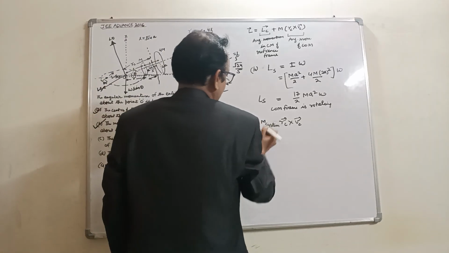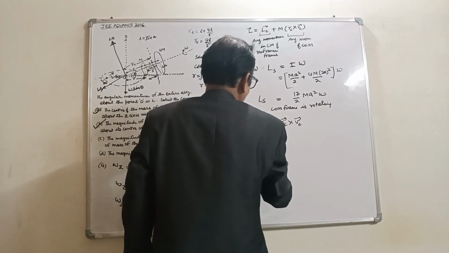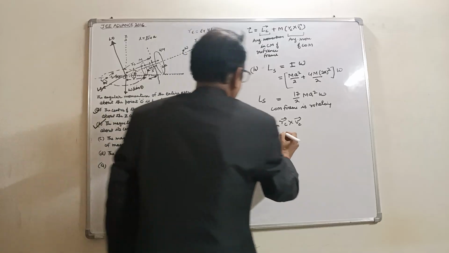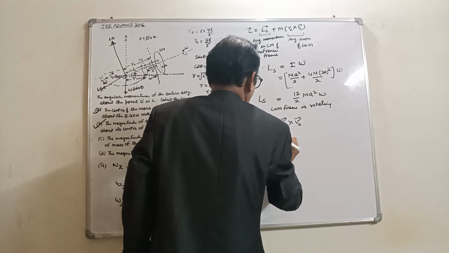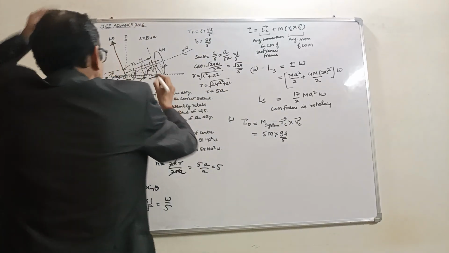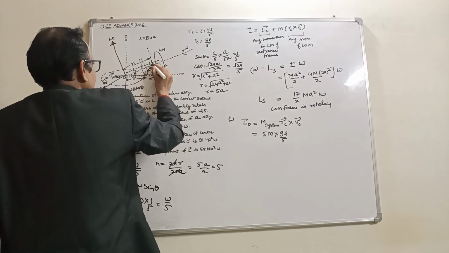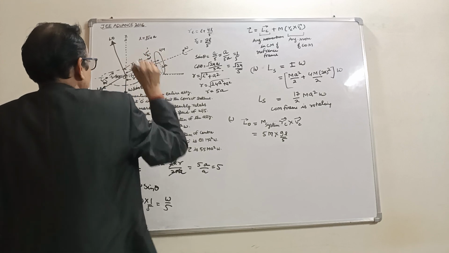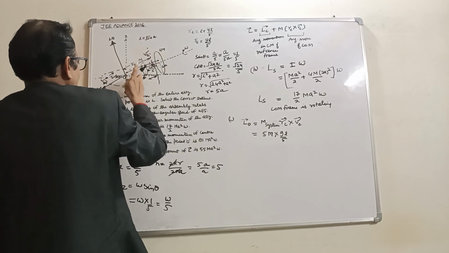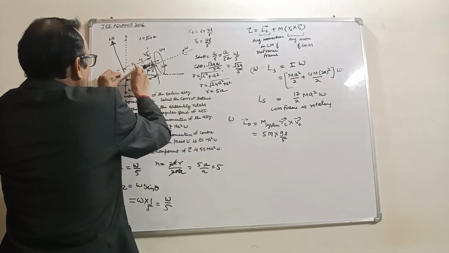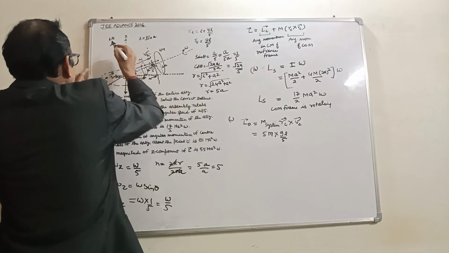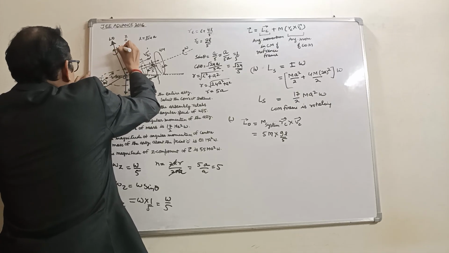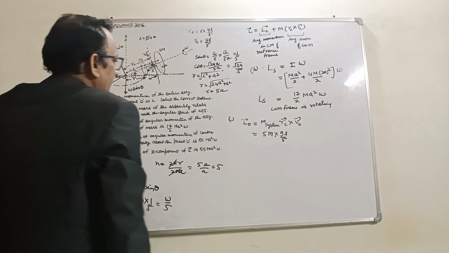So place the values. The mass of the system is 5m. RC, we calculate here RC. This is 9L by 5, and VC is the velocity of the center of mass. This is the velocity inward. This is VC, VC is acting inside. So VC would be omega. So suppose we have angular velocity omega, we have to calculate here.